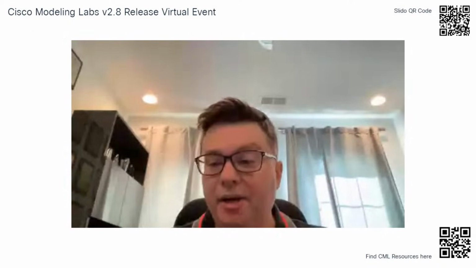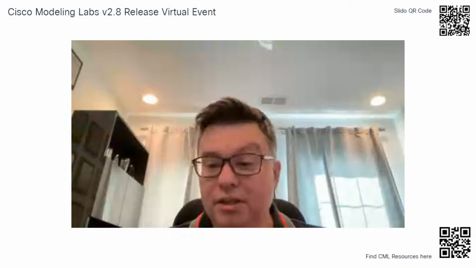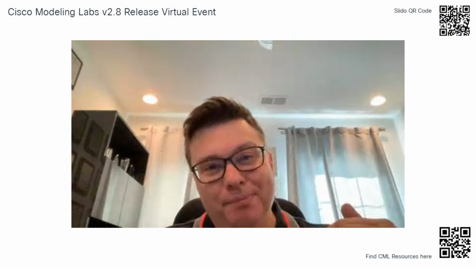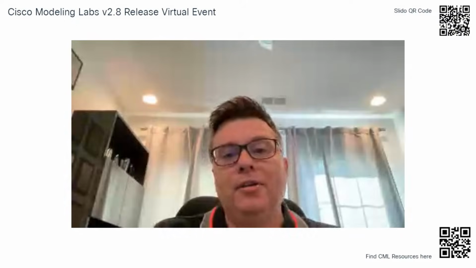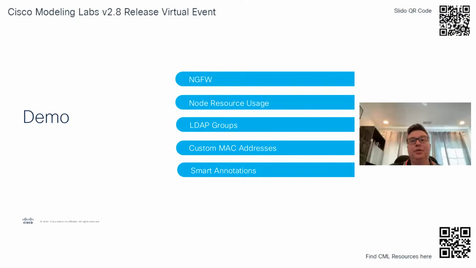So, I said I wasn't going to be that interesting, but I will do this one demo piece, and that is on the next-gen firewall. Before I get there, Dalton mentioned you have to download this supplemental ISO to get the next-gen firewall, the Firepower Threat Defense, and the virtual Firepower Management Center. If you're not familiar with or haven't downloaded the supplemental ISO,